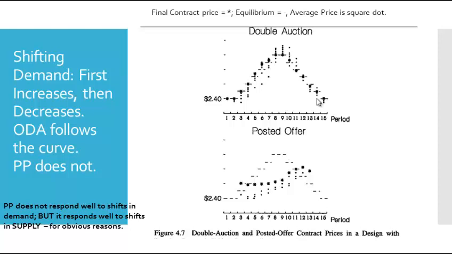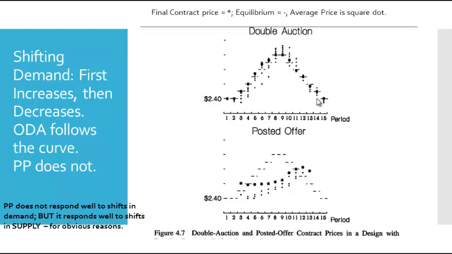And that makes a lot of sense because you have a lot of revelation of both demand and supply in oral double auction. And then when the demand decreases, then again the prices track the decrease and they keep going down. But if you look at the posted offer markets, things are very, very different. Now, as the demand increases, the posted prices are not able to keep track of this demand increase. See, the dashed line is the competitive equilibrium. The competitive equilibrium is increasing very fast, but the final contract price, which is the square dots,